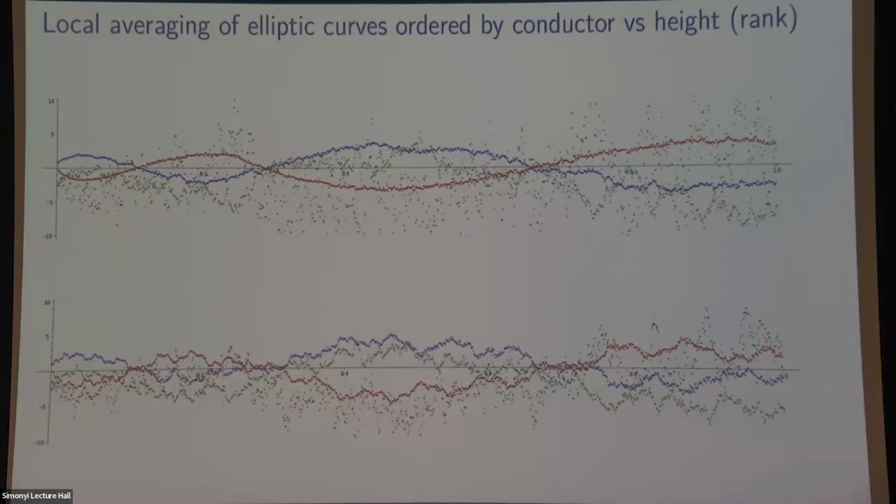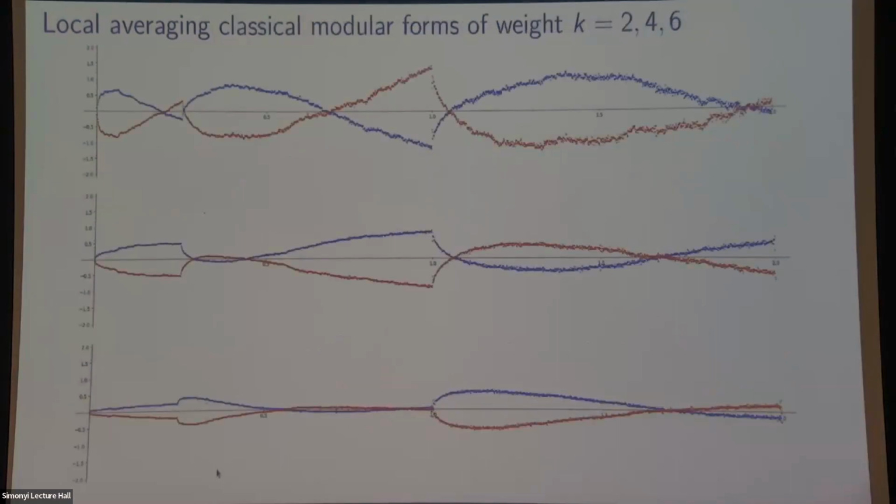Yes, so I now want to return to the modular form setting, but instead of doing dyadic intervals, I'm going to apply our local averaging, which also showed up in Nina's talk. Although the local averaging I'm doing is slightly different, you'll see that you get almost exactly the same curve. But these are for weight 2, 4, and 6. I think a word of caution is in order for the rank. I'm not confident that I have enough forms in weight 6 to be sure that this has stabilized as much as possible.